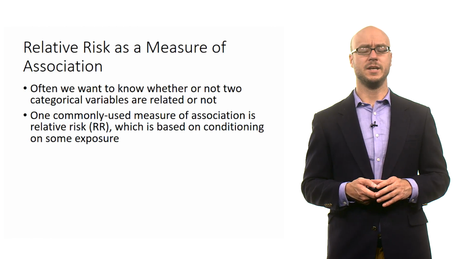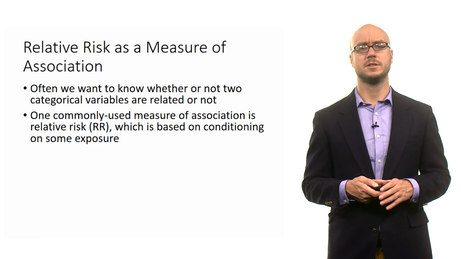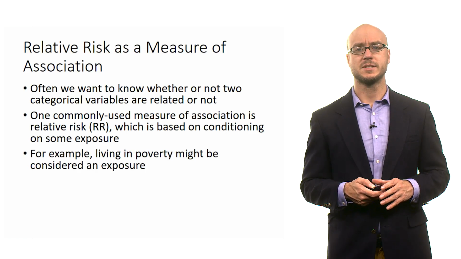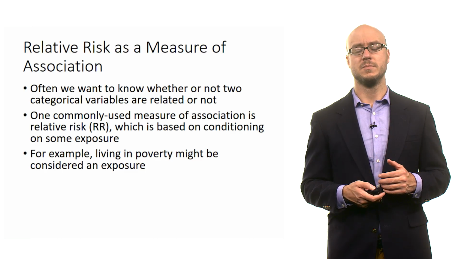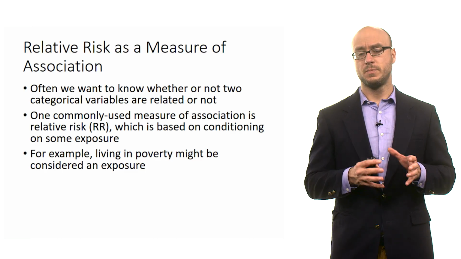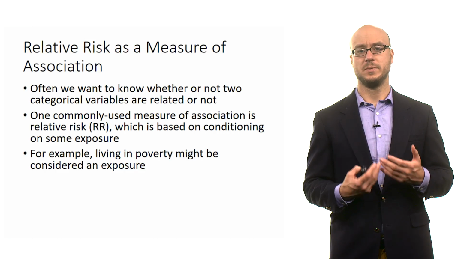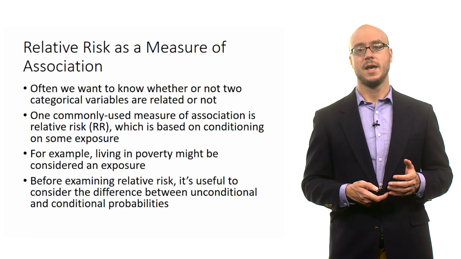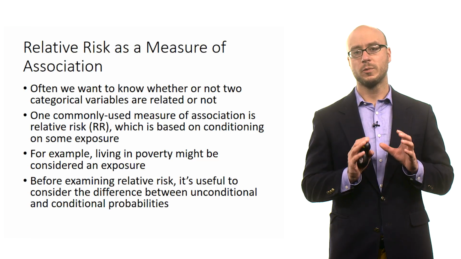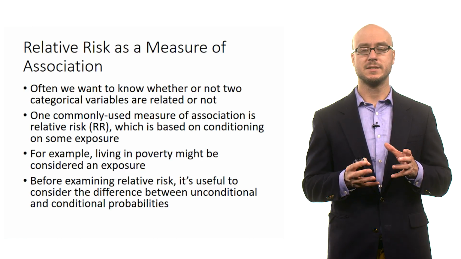You see it a lot in biology, public health, epidemiology, but also psychology, sociology, and economics. The idea is that you're conditioning on some exposure and you're looking at some outcome variable. The exposure might be something like secondhand smoke, but also an exposure might be some sociological condition such as living in extreme poverty. And before we really look at relative risk, we should talk about what it means to have